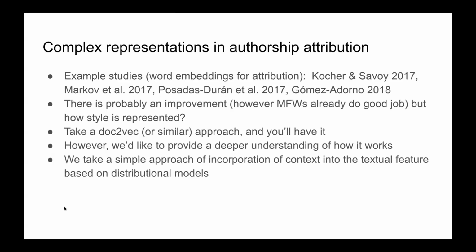But the question we ask here today is, do we understand what's inside? Because yes, that's right, we can get an improvement. If you want to do a better authorship attribution, then take an algorithm off the shelf, such as doc2vec or seq2vec. There is plenty of those, and you'll have a better authorship attribution. But what we want to ask here today is how these embedding models, these context-aware models, actually improve, and if they improve authorship attribution, what makes them improve the final scores?